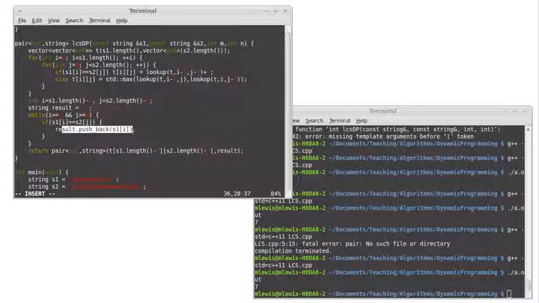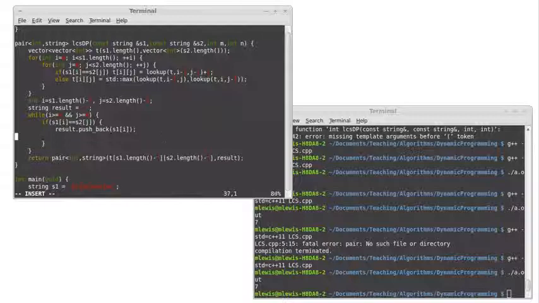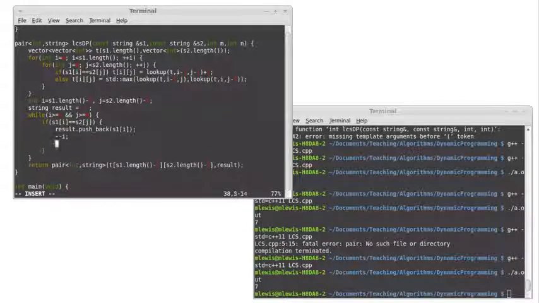This string result is going to be backwards, and then we're going to reverse it, and the reason is that string doesn't have an efficient push front operation, so we're just going to push to the back, which will be more efficient for us, and then we'll have to reverse the result before we return it. Okay, so we push back that, minus minus i, minus minus j,